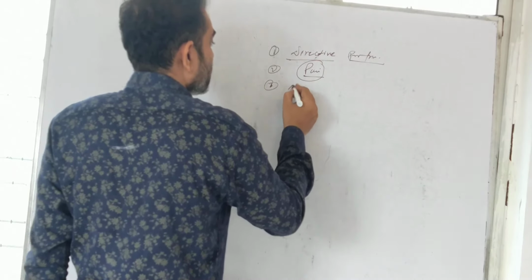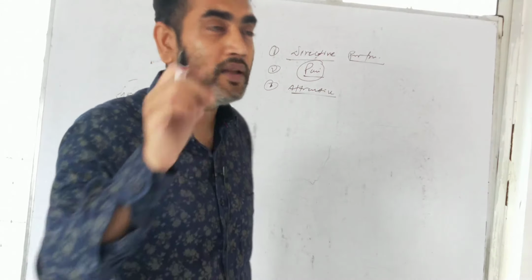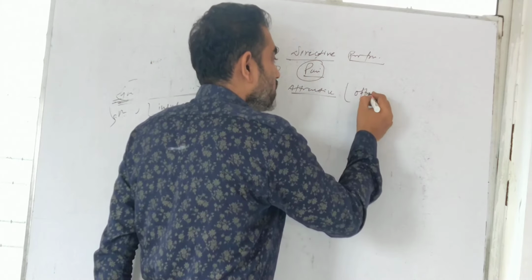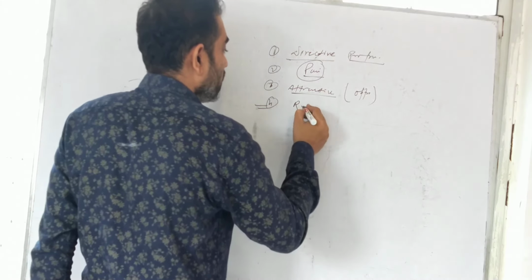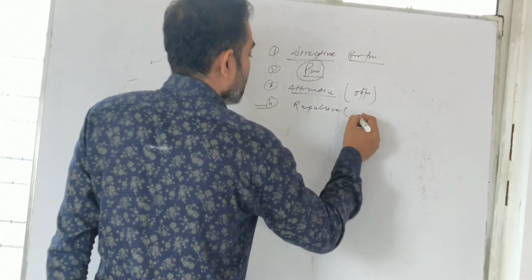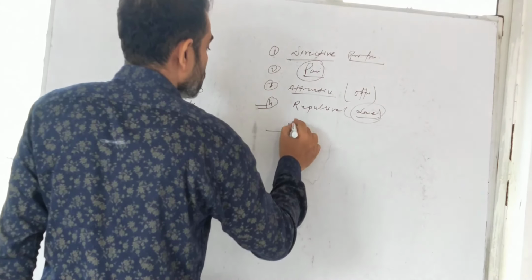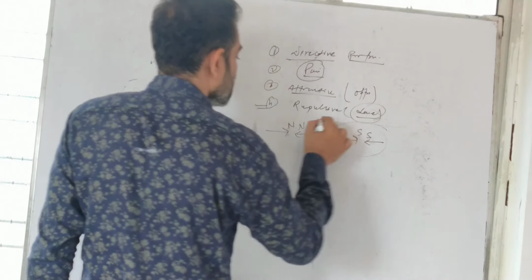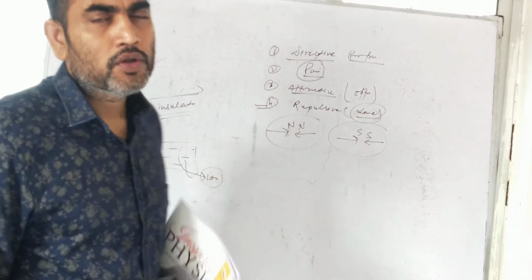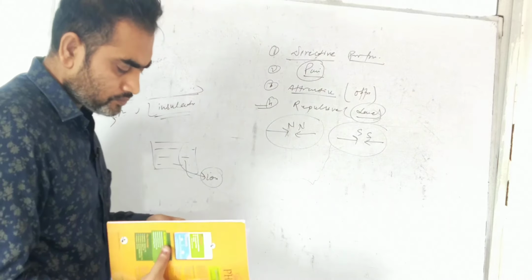And third, the attractive property. A magnet attracts a magnetic substance and also another magnet whenever opposite poles are brought together. And the next one, the most relevant property of the magnet, is the repulsive property, and it is the test for a magnet. Whenever similar poles of magnets are brought together, north and north or south and south, they will repel each other, and whenever opposite poles are brought together, they will attract.